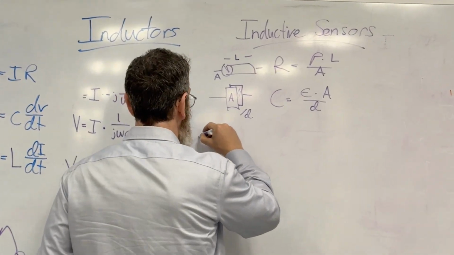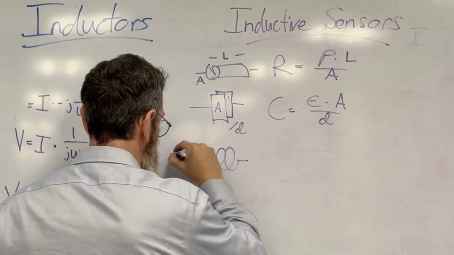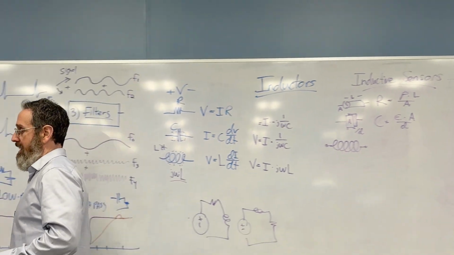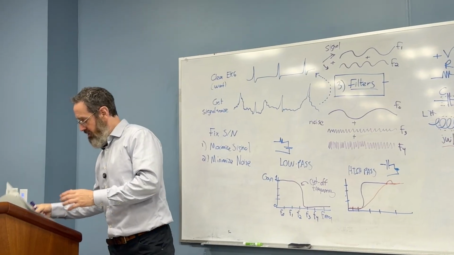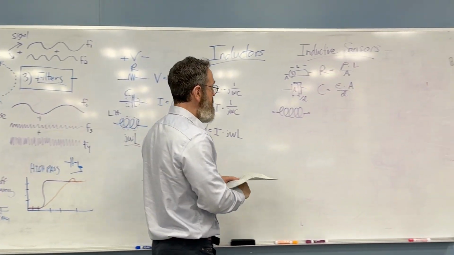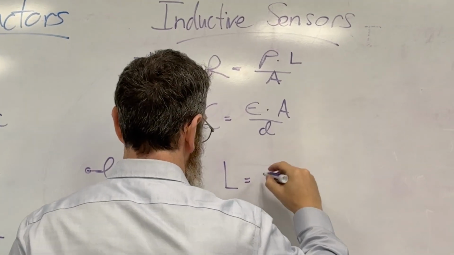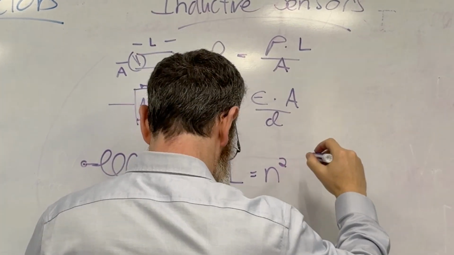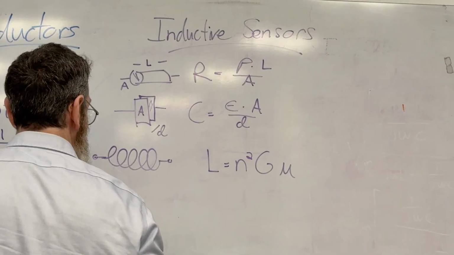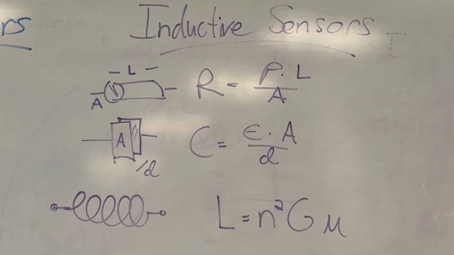Now we have an inductor. An inductor is a physical object. It is a loop of wire, and sometimes there is something inside the wire, and the inductance is given by N squared G U. Okay. And what N is